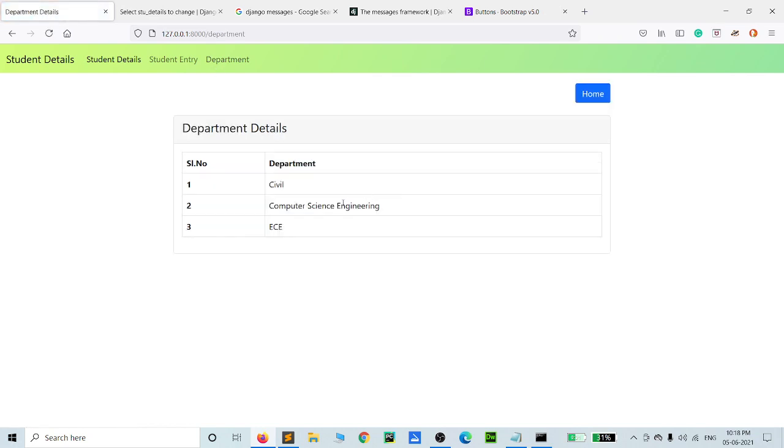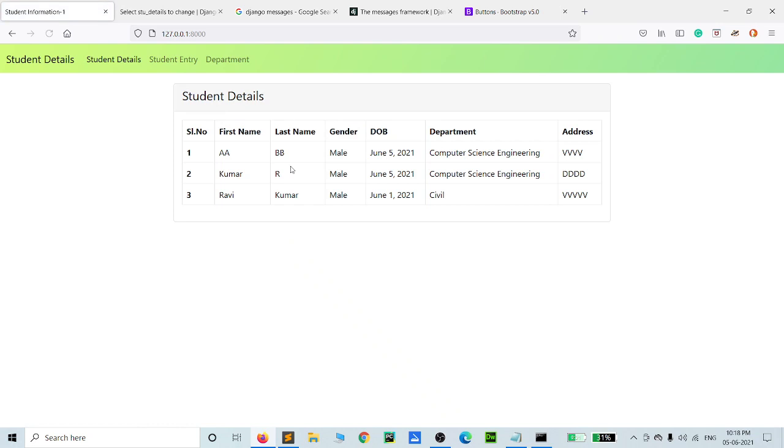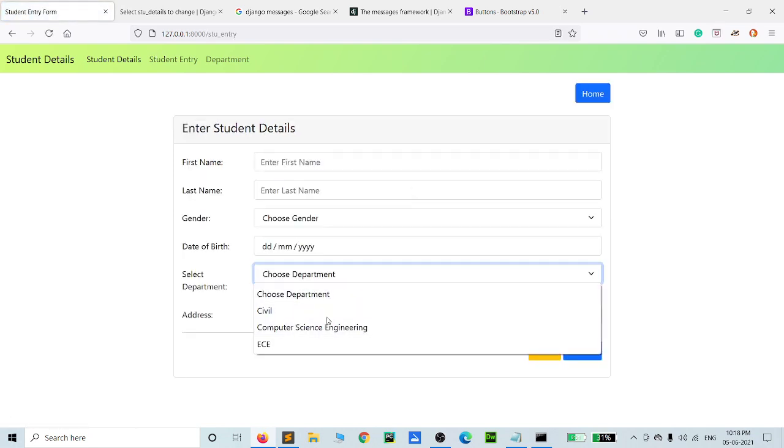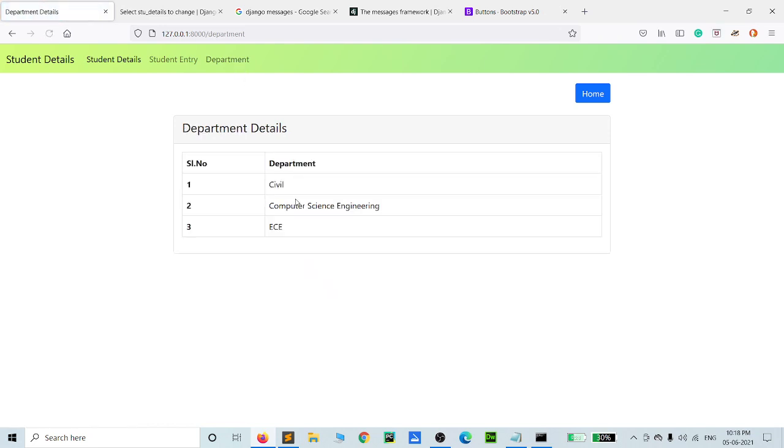Suppose you want to add any department, here you can enter student details, the student entry form. Suppose you want to add more departments like civil, computer science, ECE, triple E department or electrical department, sorry, mechanical department, you need it. So we can add another button or button form like that.